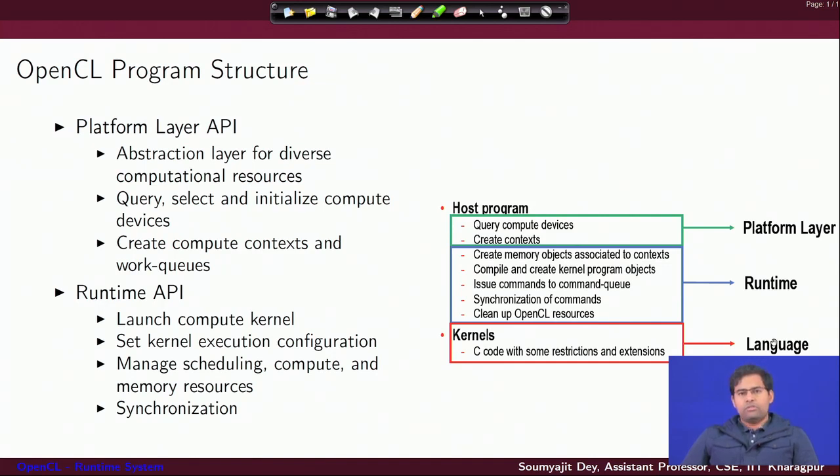The reasons are also something we will discuss, but first let us understand what the different steps are that an OpenCL host program has to perform. The first thing it will do is query the different compute devices through the platform API and figure out the way the devices are arranged, which vendors they are from, and so on. Of course, if you know your exact device, you can write OpenCL code which will not require this query.